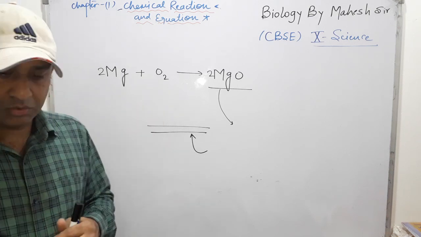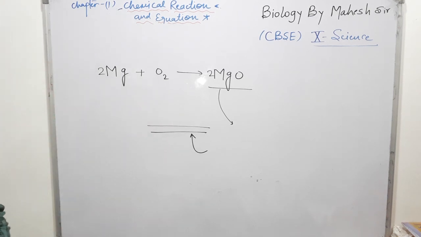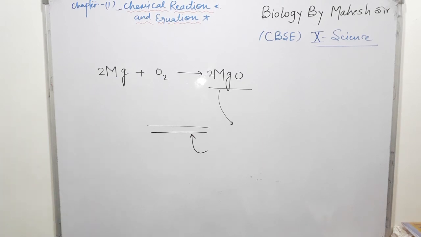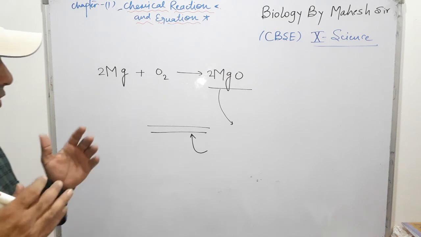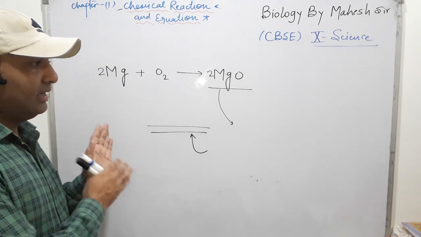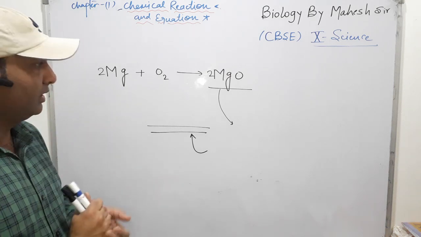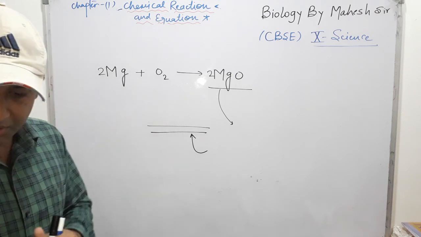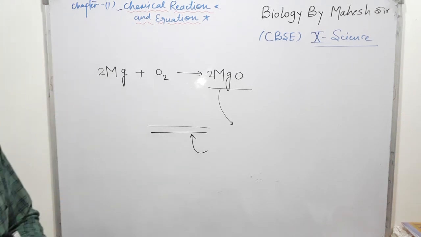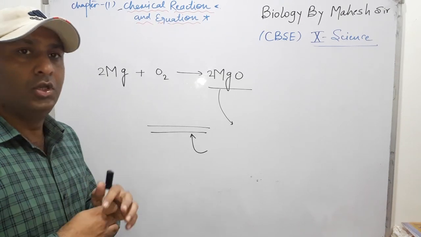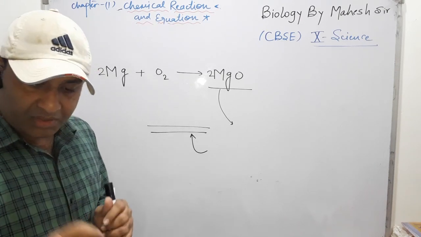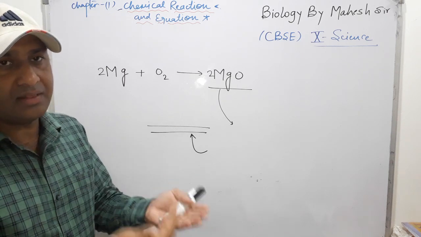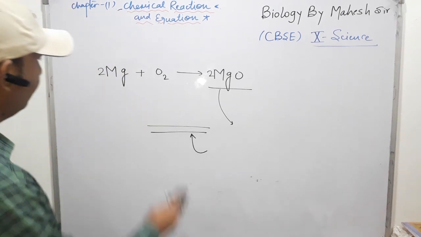So it is the first question on page number 6. Clear? Second question, write the balanced equation for the following chemical reactions. I already told you that in the last topic we discussed balancing the chemical equation. Here the question is, write the balanced equation for the following chemical reactions. So in NCERT, the chemical reaction is given, you write the chemical equation and also balance it. So we take one question.